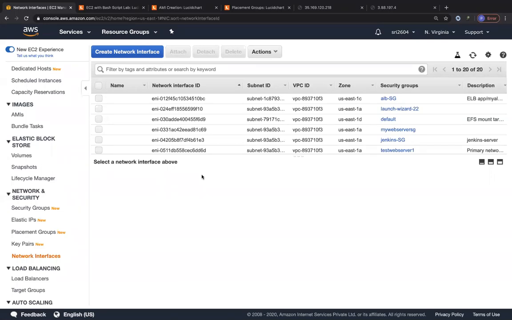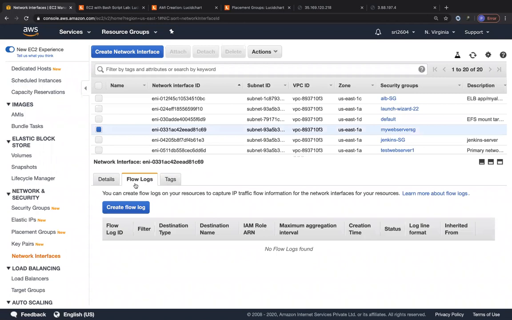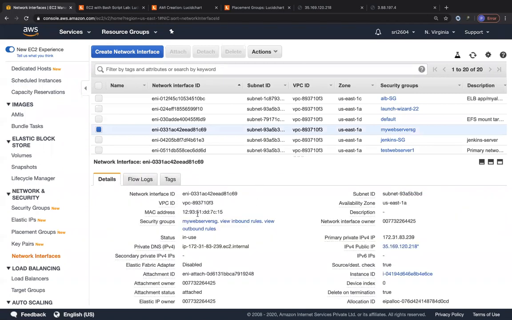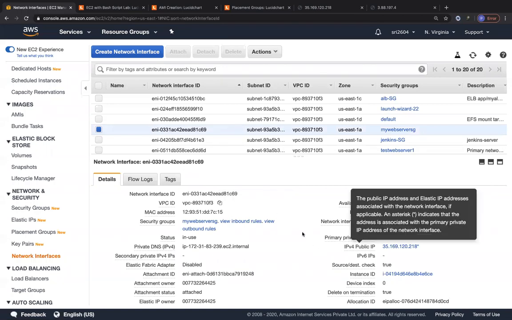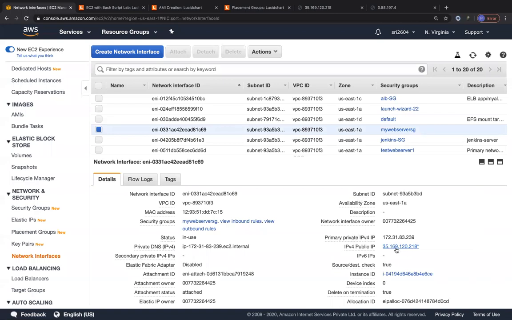And even for your network interface, you can monitor all of your traffic that goes through it by enabling a concept called flow logs. Your network interface will also have a constant MAC address associated with it. You can see over here, this particular network interface that we chose has an elastic IP associated with it, which is in blue color and denoted with a star. That's how you determine an elastic IP. And when you create the network interface for that particular availability zone, you will also get a private IP. All of the other settings are not that important for the exam, but we will study that later.